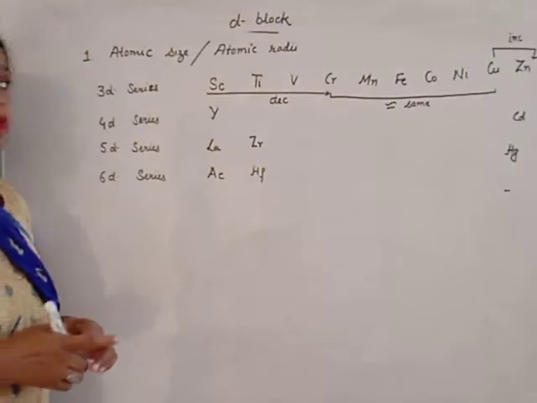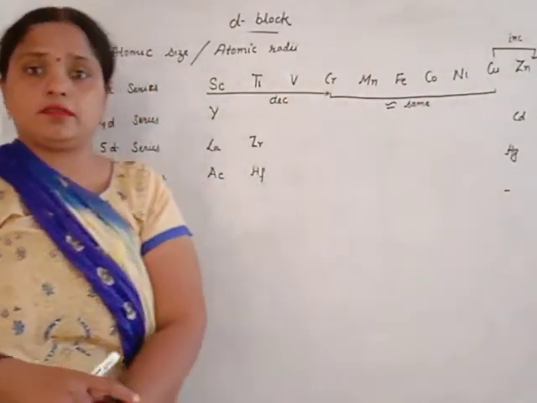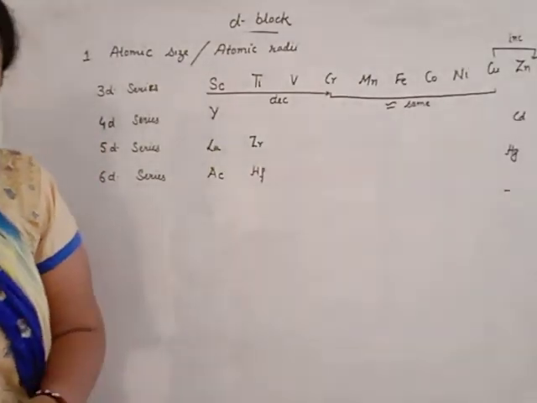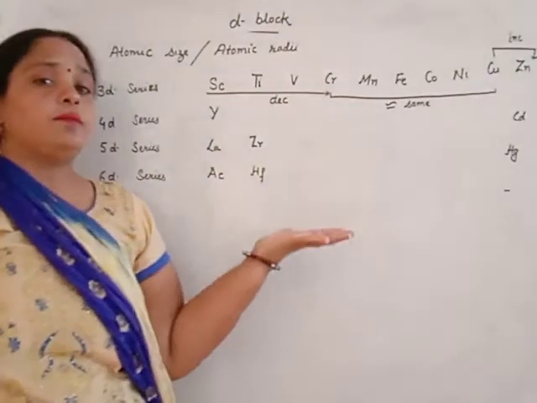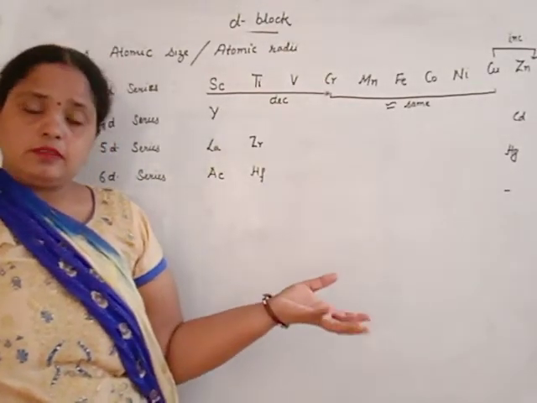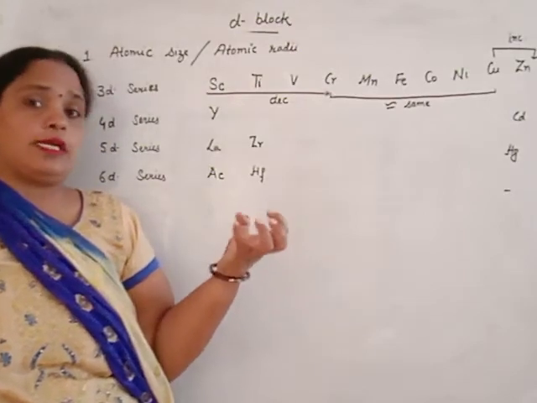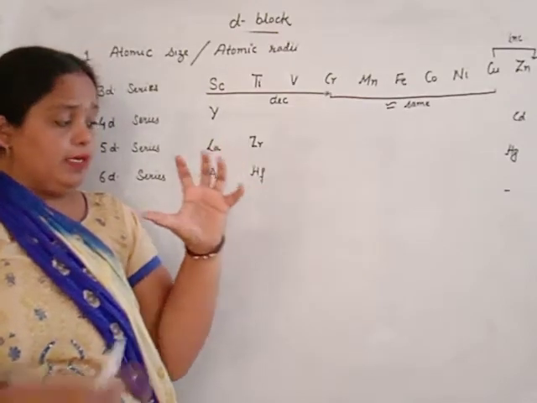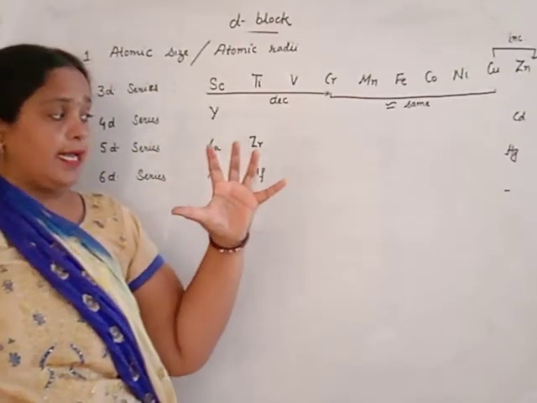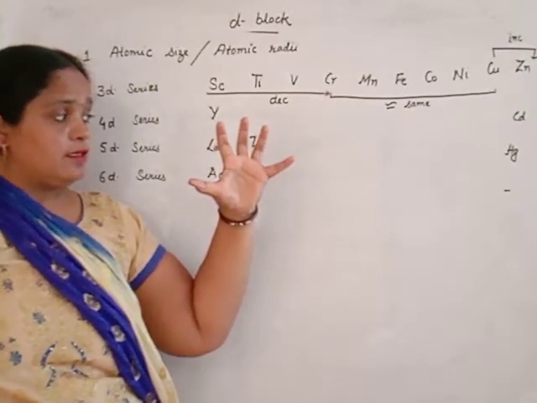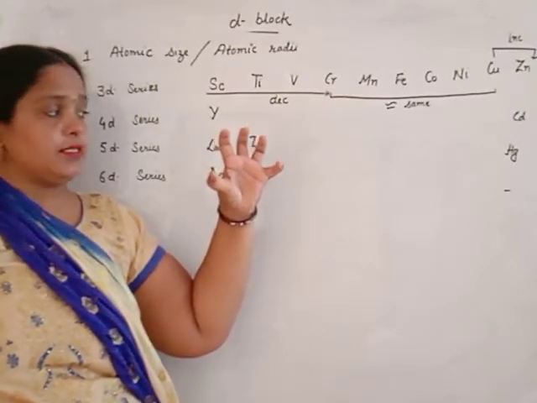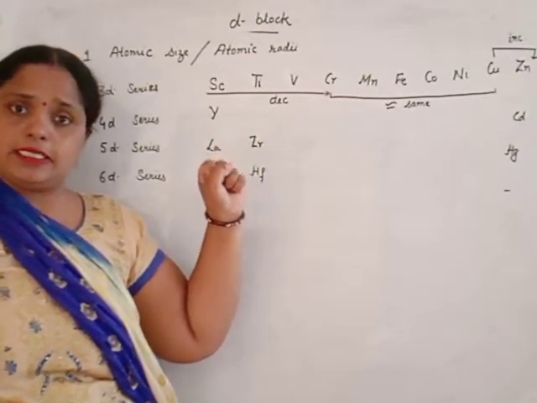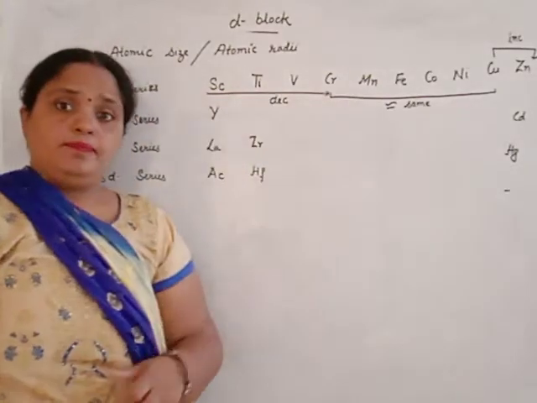The question is why this type of variation occurs. First of all, atomic size decreases period wise. As we move from left to right, atomic number increases, number of protons increases in the nucleus, and number of electrons increases in the outermost shell. As a result, nuclear charge increases between nucleus and valence shell. The nuclear charge tries to decrease the atomic size by attracting the outermost shell towards itself, and atomic size decreases. The same concept applies here.